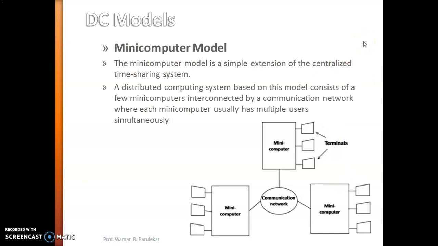Now this model is a simple extension of centralized time sharing system. A distributed system based on this model consists of few mini computers as it's shown in diagram. These are mini computers, mini computer number 1, mini computer number 2 and mini computer number 3. All these are connected through a communication network, and each mini computer usually has multiple users simultaneously log on to